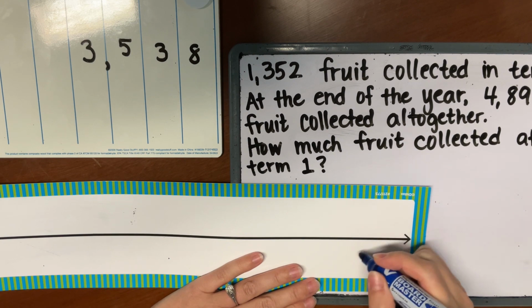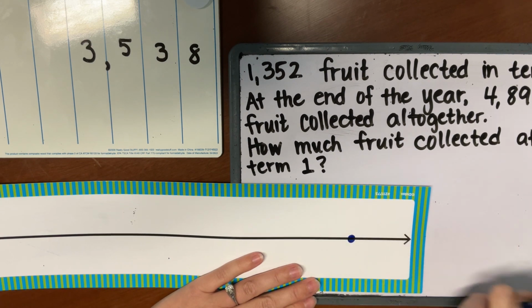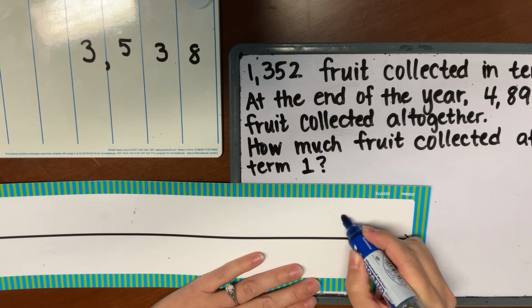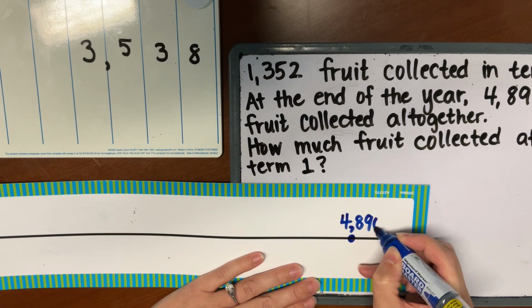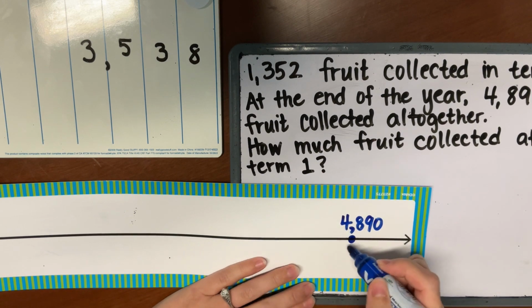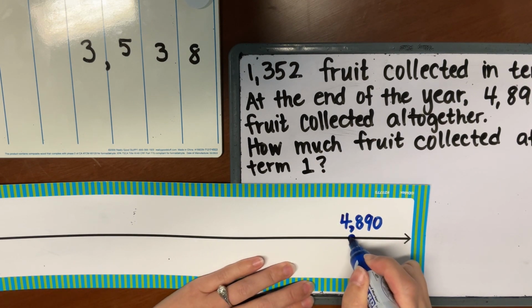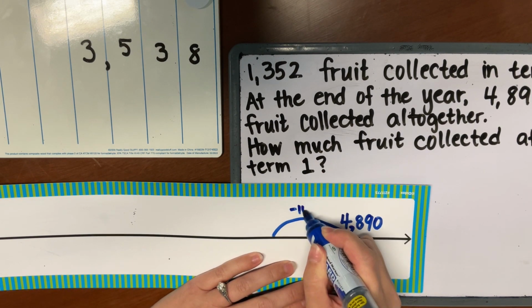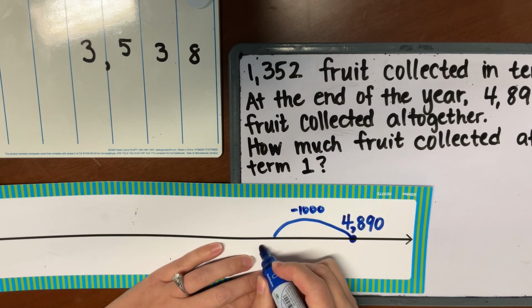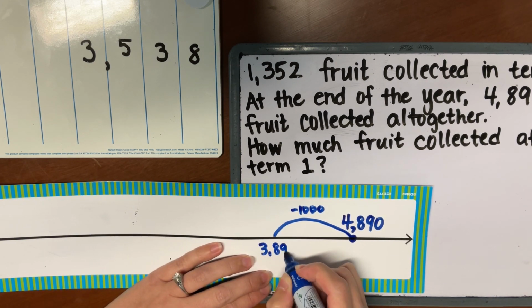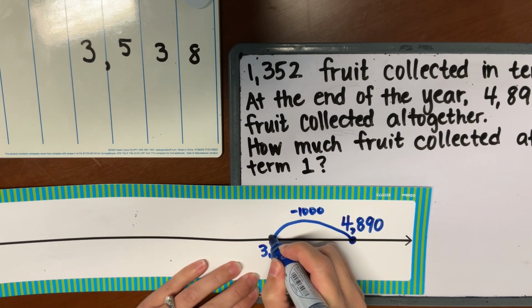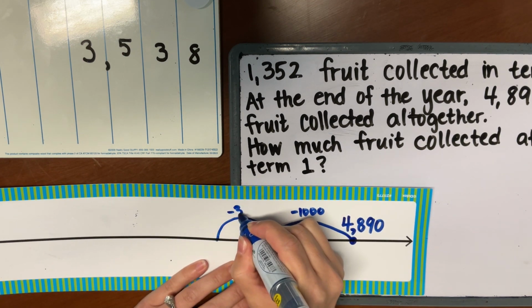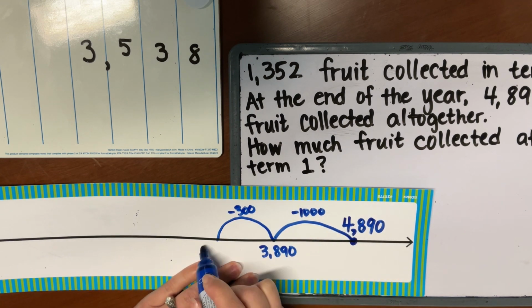I know that I'm going to start with the biggest number and go backwards because I'm getting rid of some. Taking away term 1. So let's see. I can go back 1,000. That's pretty easy. So I'll subtract 1,000, and that gives me 3,890 left. And then I can subtract the 300. That's pretty easy. Minus 300. So I'll have